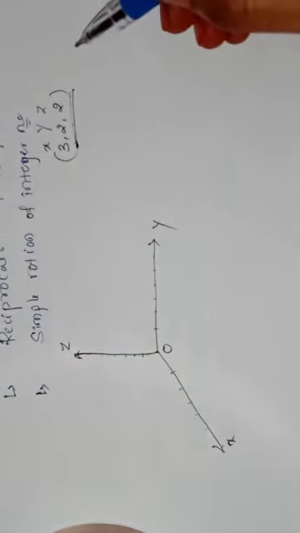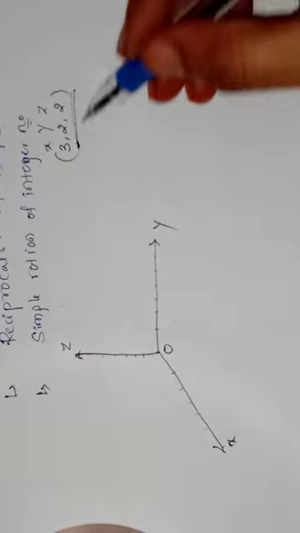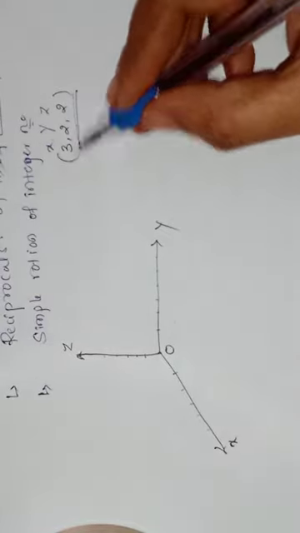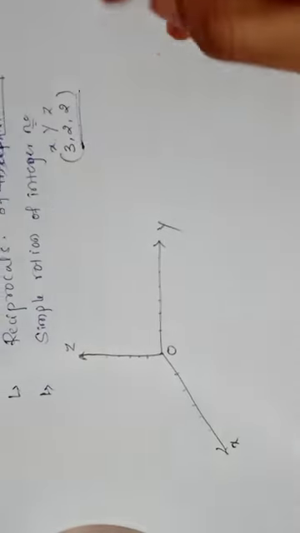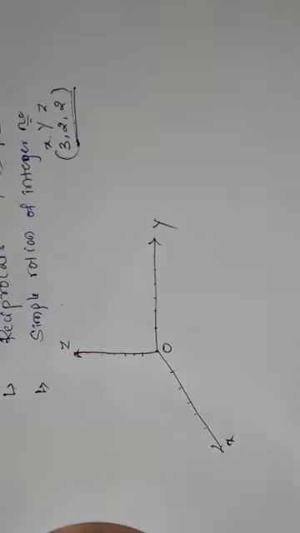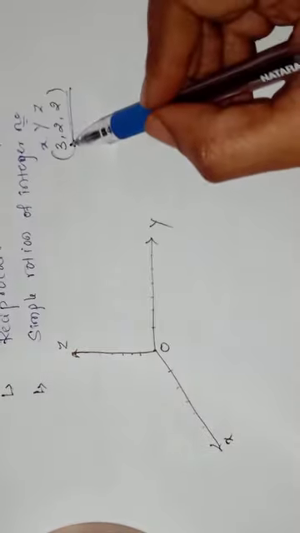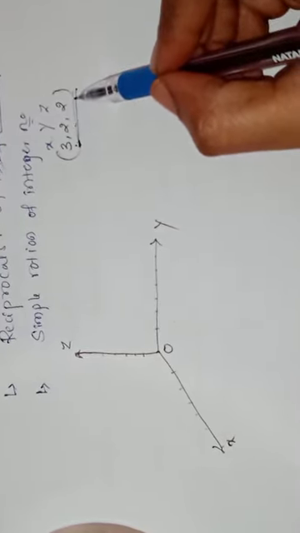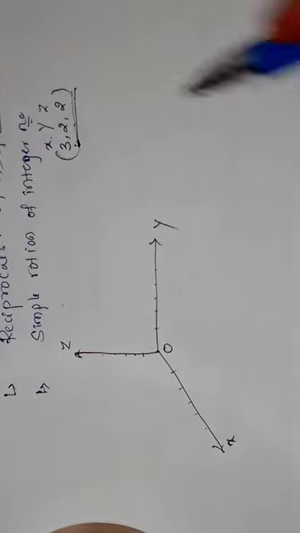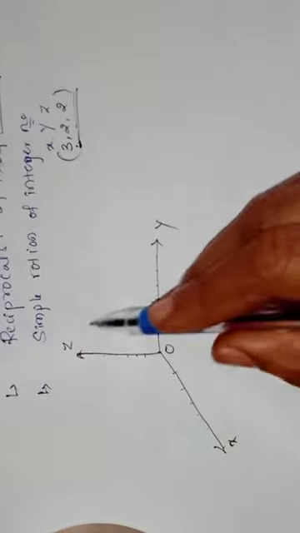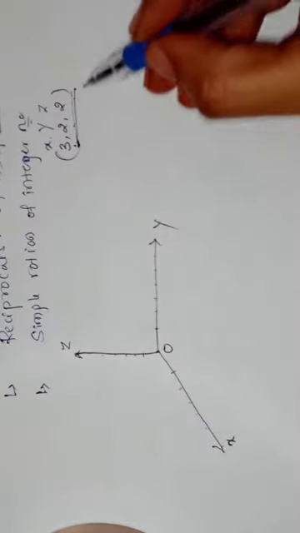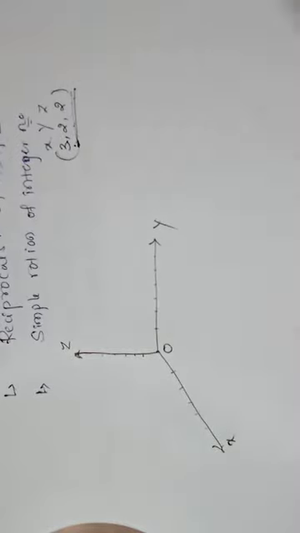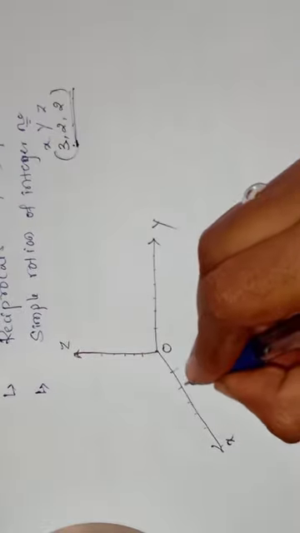They may give any number along the x-axis, along the y-axis and along the z-axis. If they had given like this, 3 2 2, that is 3 along the x-axis, 2 along the y-axis, 2 along the z-axis. So how do we represent these Miller indices in this plane? Along the x-axis how many units are there? 3. 1 2 3.